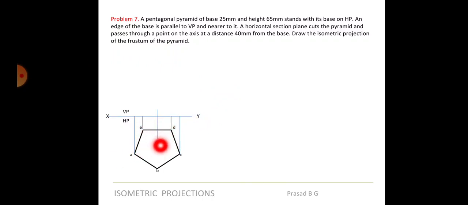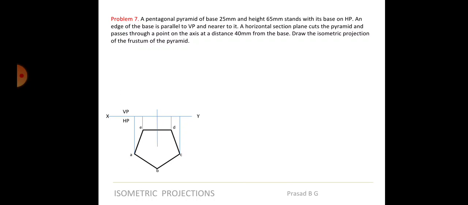Of course you have to join the lines and find the center, but let it be very light only to find the center. Why? Because we will not have the complete edge here, isn't it? Because the pyramid would be cut from here somewhere in between, isn't it? So the top view, the shape will be different. There will be one more pentagon here at whatever shape we get. So let us not draw this with thick lines. Let us draw these things with very, very light lines just to locate the center right now. Later we will see how much part of that should be actually visible. So let's not get into drawing these lines thicker inside. Let us find the center, and from the center let us project it upwards.